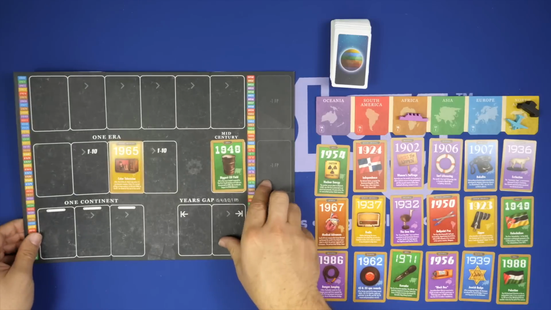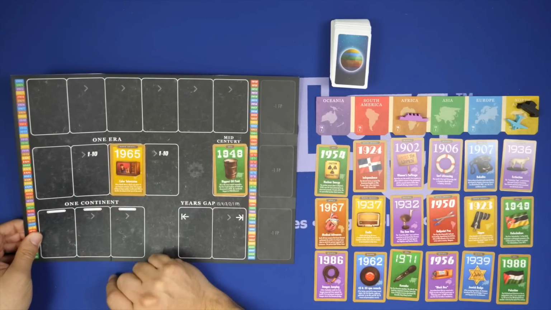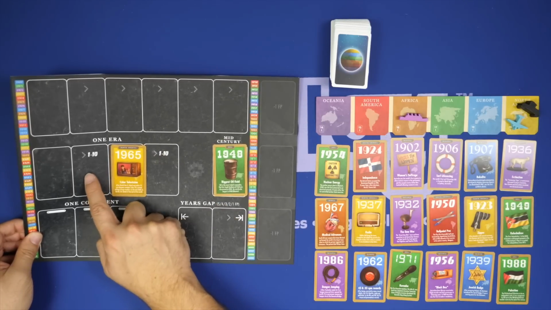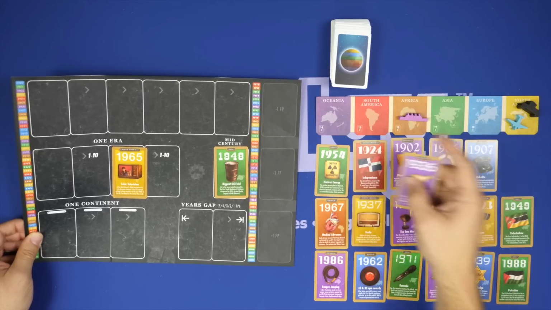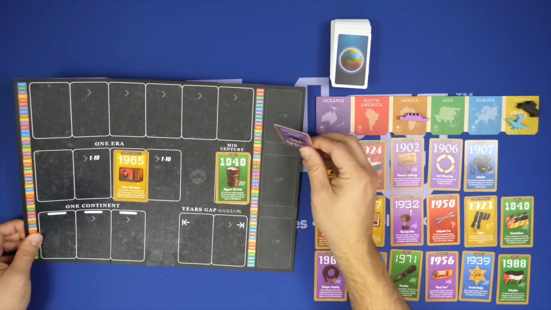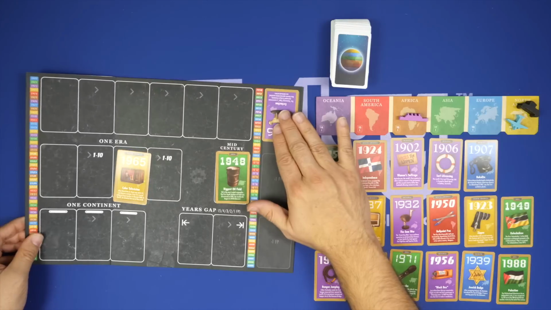And over here, the cards are at most 10 years apart. So anything higher than 1975 cannot go here, just like anything lower than 1955 cannot go here. Okay. Whenever you take a card, if you want to and you can't place it or for some reason don't want to, you can also just throw it over here in one of these depot spots. The card is not going to help you whatsoever. And in fact, you'll lose a point for doing so,